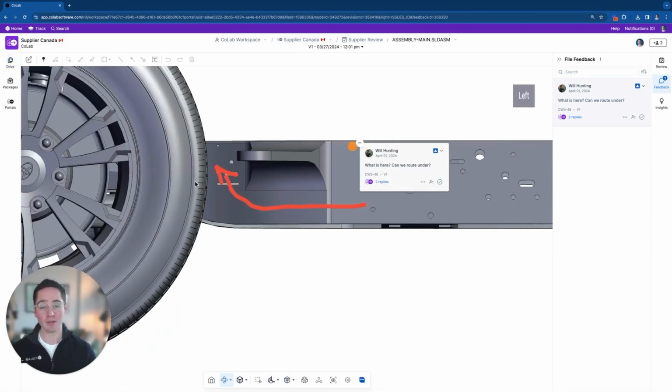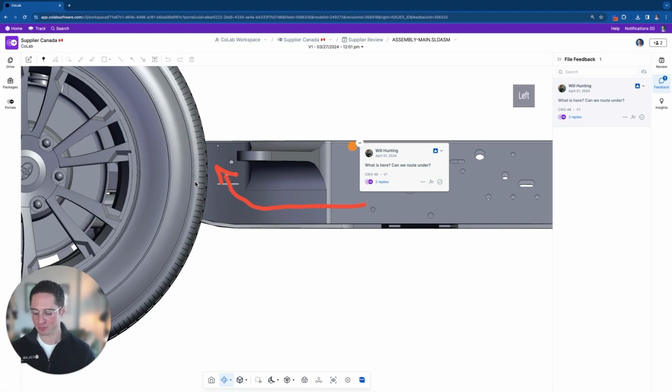Now that we're getting feedback on this design from our supplier, do I have to go through extra steps now to make sure that this feedback is visible to the rest of the internal team, where we can discuss and action it together, where we're considering maybe other feedback that we're getting from other suppliers? The answer is no. Colab is going to do all of this for us automatically, and I'll show you what